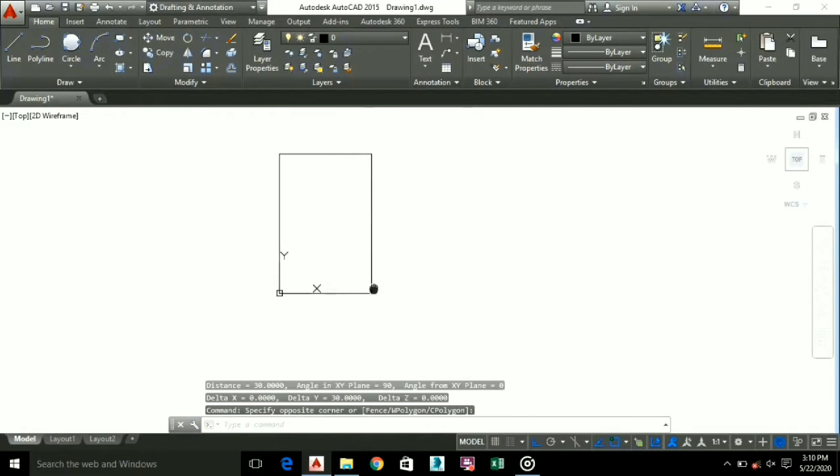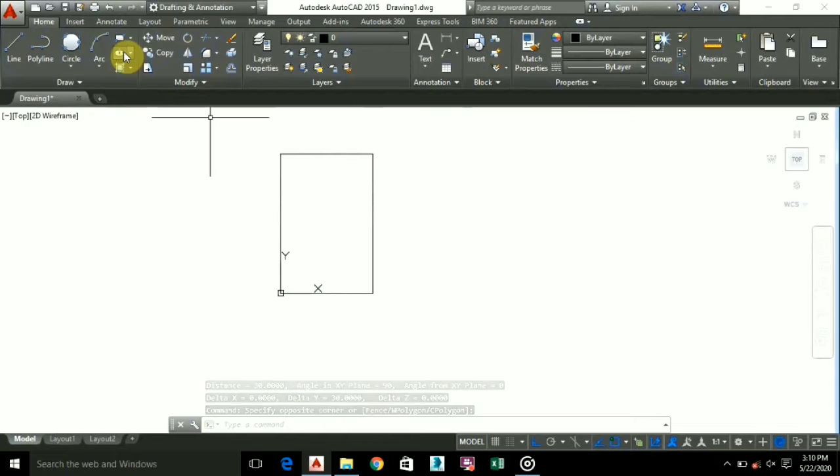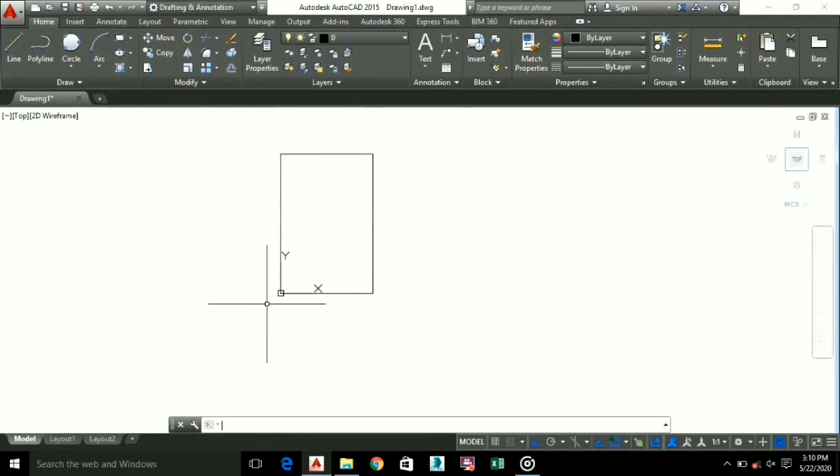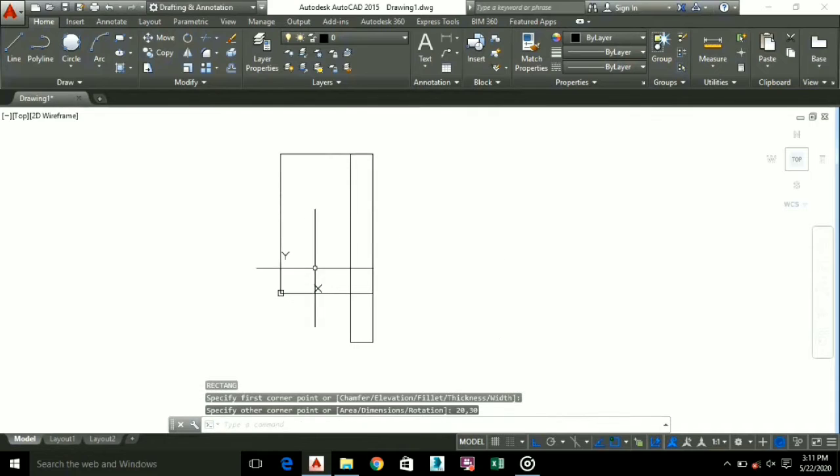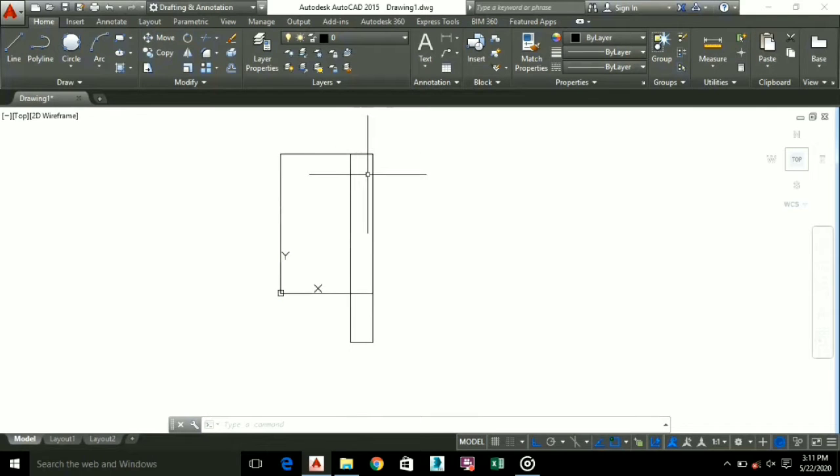Okay, now if I click anywhere in the drawing area, suppose I have to make another rectangle of 20,30, I will specify this as the first point, and now I press 20,30. You can see it's just ended at the corner point of the first one, the second corner point of the first one. So to make it correct, we will just erase it,